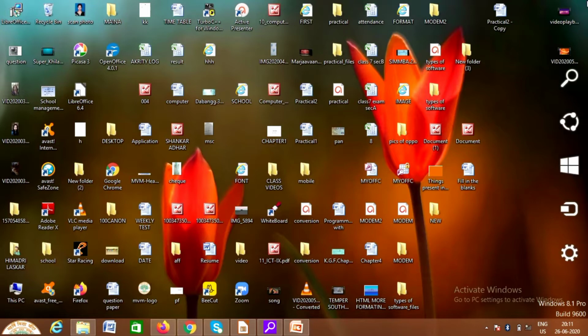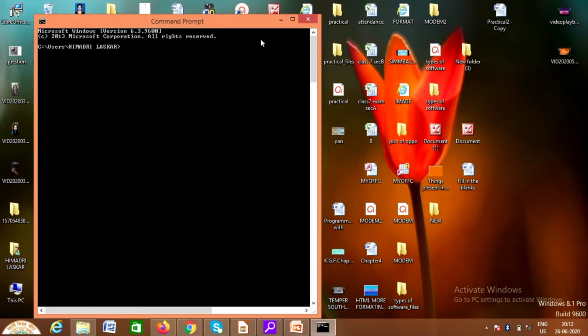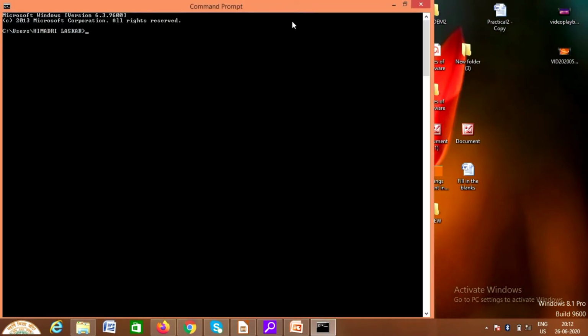To go there, you go to the search bar and write CMD. As soon as you write CMD, you will get another interface. This is a black color interface. So this is MS-DOS, and this is totally command line interface. Here in this interface you cannot use your mouse. This is a black screen, isn't it? Can you find any colors here? Can you find any icons here where you can click and open anything, or use buttons to do work there? No. Here you can only use commands to operate.